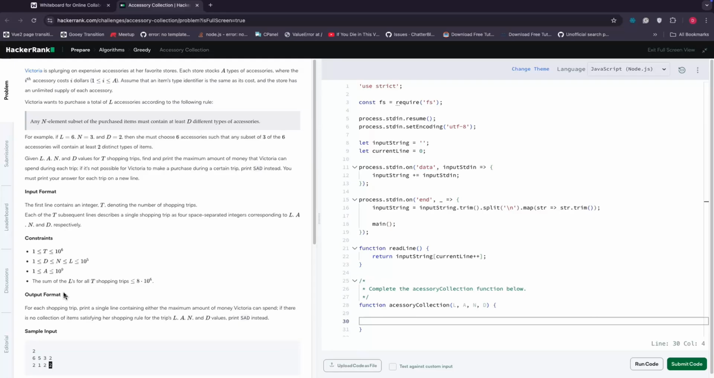So let's look at the problem statement. The statement says Victoria is splurging on expensive accessories at her favorite stores. Each store stocks A types of accessories where the accessory costs $I for a range of 1 to A. Assume that an item's type identifier is the same as its cost and the store has an unlimited supply of